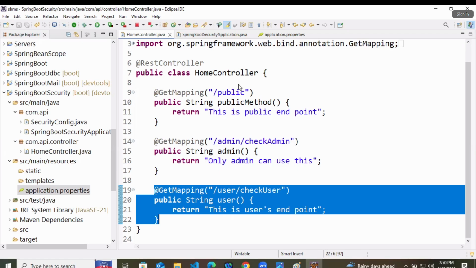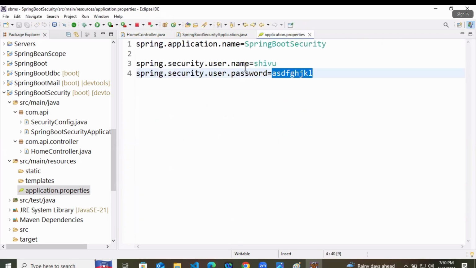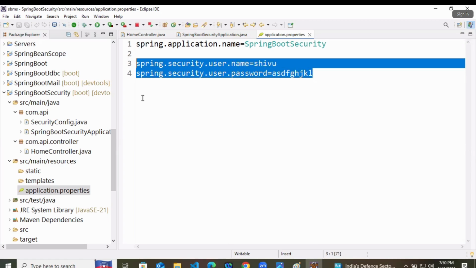Inside this, we are having only one user and one password. This is the same username and password for admin and user as well, which is not safe. It's like Google saying everyone will have the same password for Gmail. Not at all a good thing, right? Because you can log in to anyone's account after that. So this is not a good practice.